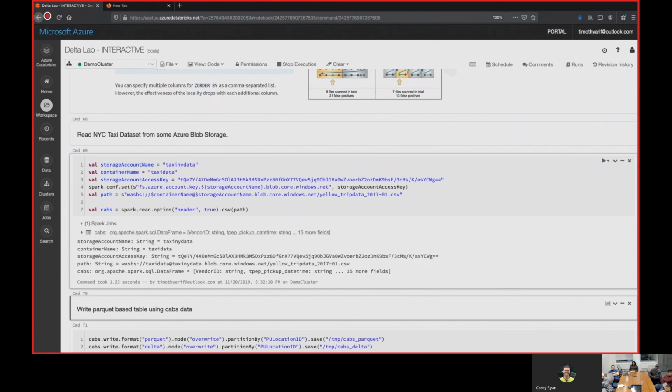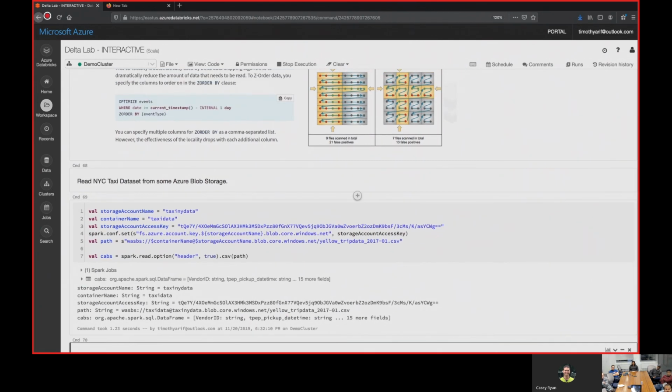Not only will it compact the data into larger files, about 1 gig each, or smaller files if it's a smaller dataset, you can then Z order on a column. When it Z orders on a column, it will alter those Parquet files going forward. So you have a better storage layout and can read everything quicker. But to the end user, when you're using Delta Lake, it's essentially just a standard indexing strategy, like you'd use in a SQL server.